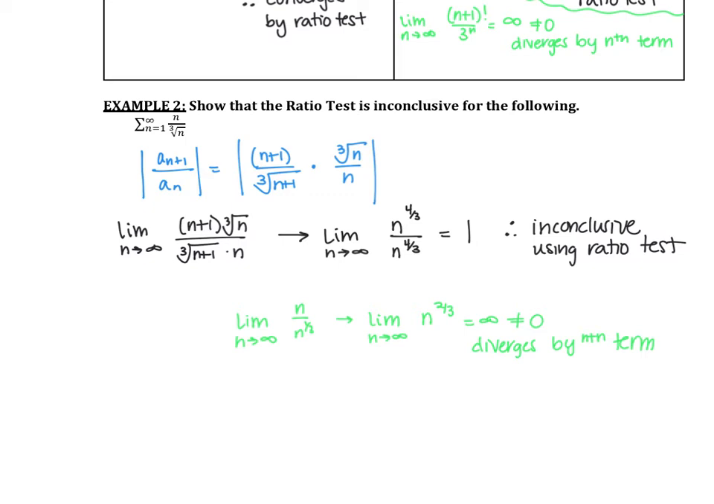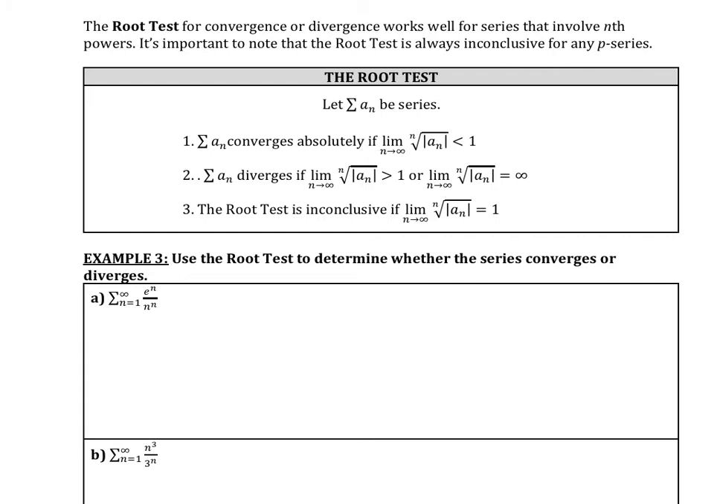Let's look at another test. I think what you're going to see is that the root test looks pretty darn similar to the ratio test, at least in its conditions. And the root test for convergence or divergence works really well in series that have powers, nth powers specifically. What's important to note is that the root test is always going to be inconclusive for p series, so we don't want to use it for that. We really want to use it when we have an nth power. Now keep in mind, sometimes other tests may be easier, but I want to show you how this root test